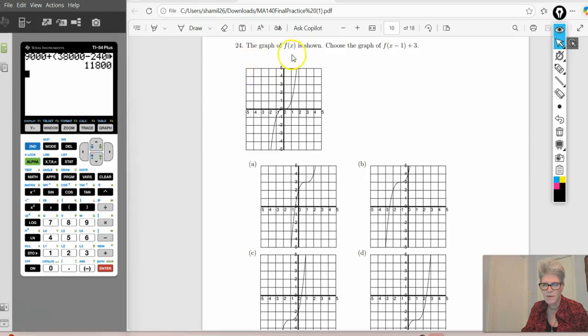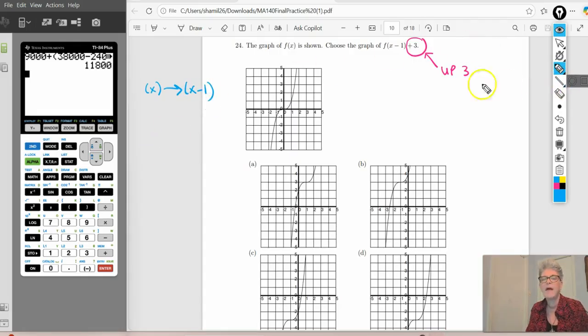All right, the graph of f of x is shown. Choose the graph of f evaluated at x minus 1 plus 3. Okay, so we've got the plus 3 on the outside here. And that means you're going to take the graph of f and you're going to go up 3 units. But now inside the parentheses, x has been replaced with x minus 1. And that means that you're going to go right